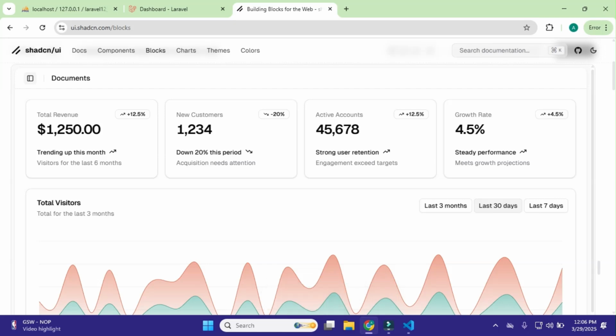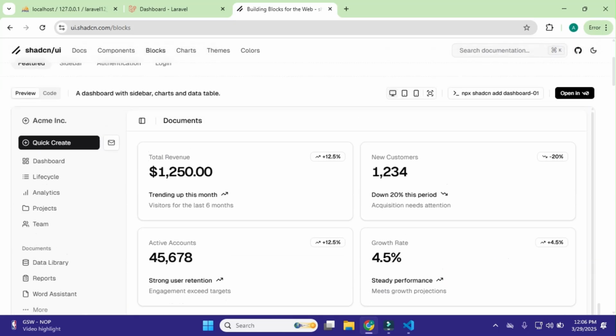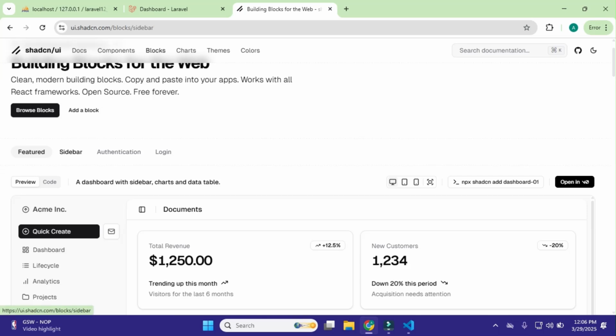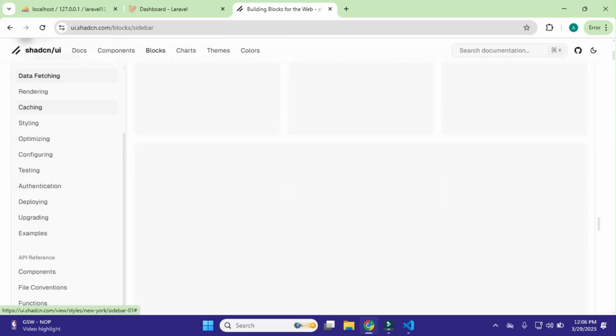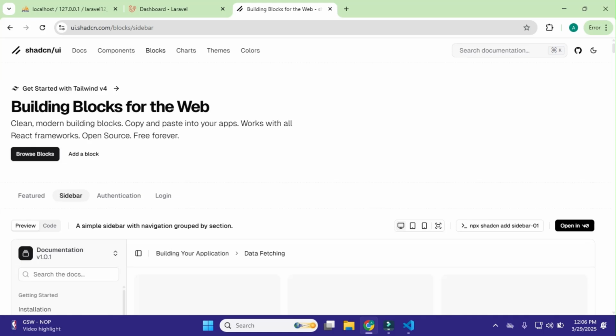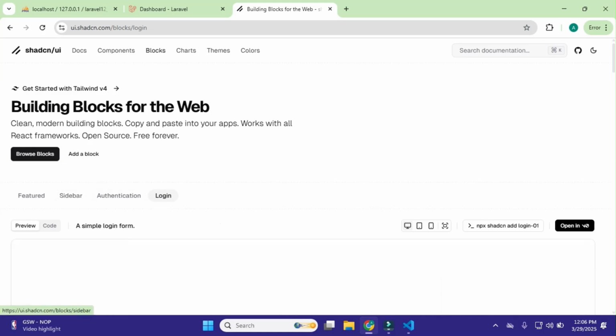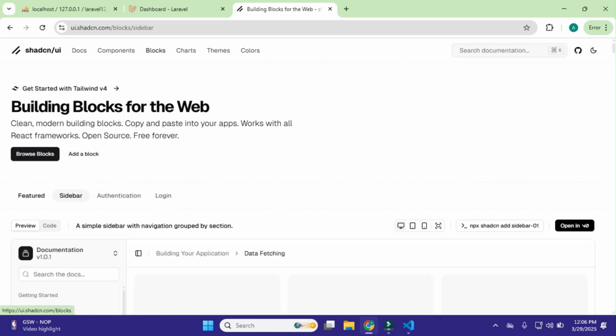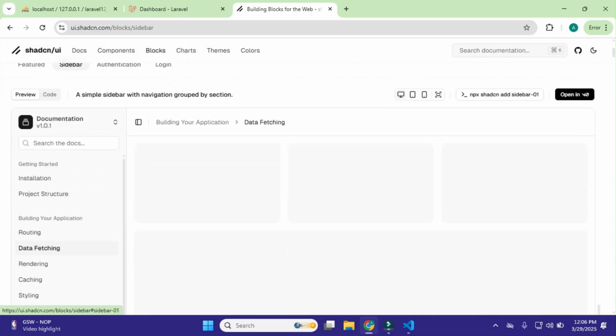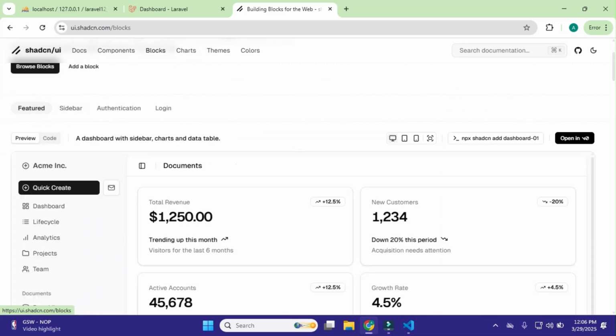And we have other things here, like a sidebar that you can easily integrate, and authentication login pages also. But for now we simply need this featured dashboard with sidebar, charts and data table.